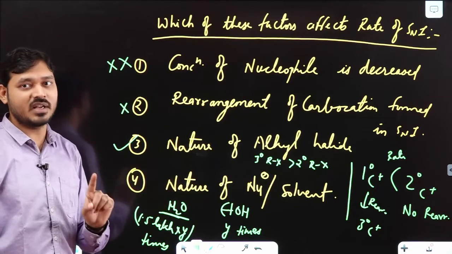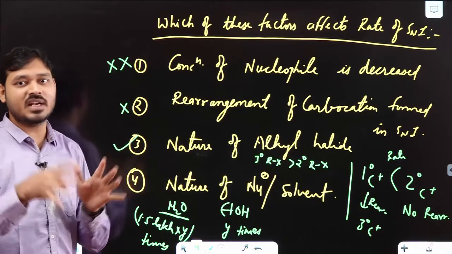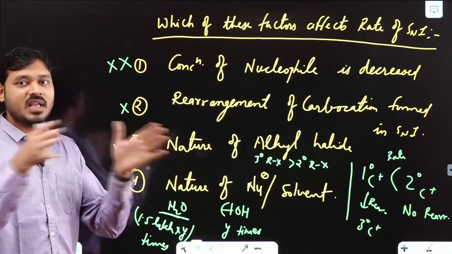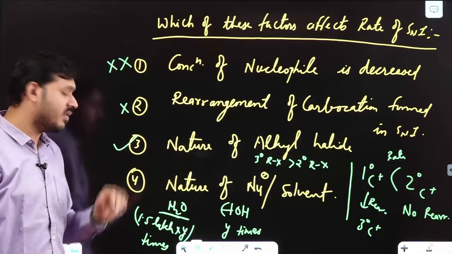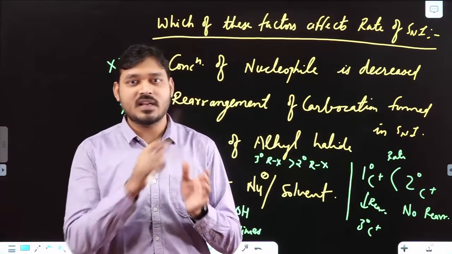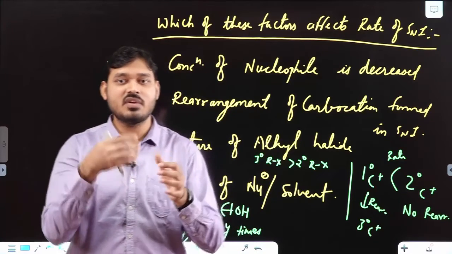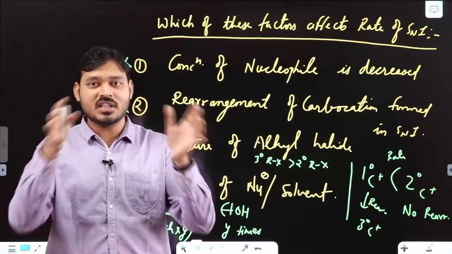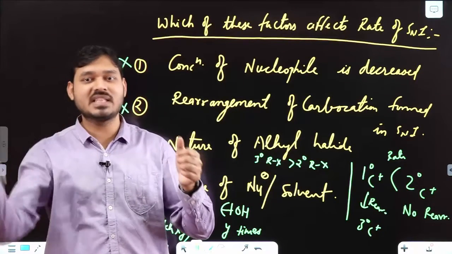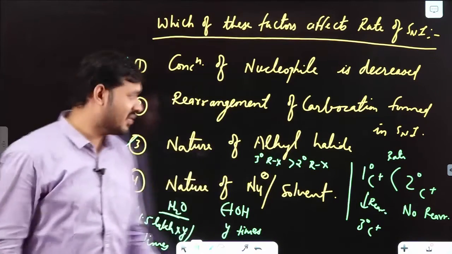So solvent matters, and that is why polar protic solvent, because the more the dielectric constant, the more easily the polarization or breaking happens. Because what is the actual role of solvent? The solvation is exothermic, but the first step requires energy. So where will you get that energy? The better the solvent, it will break that C-X bond more easily, and it will capture that X minus part towards itself. Clear to you?